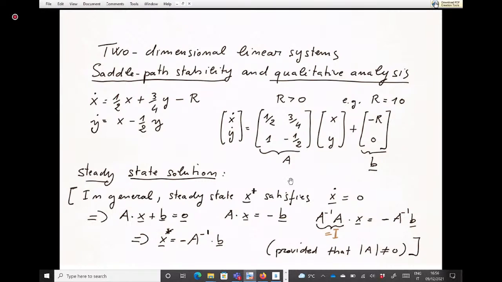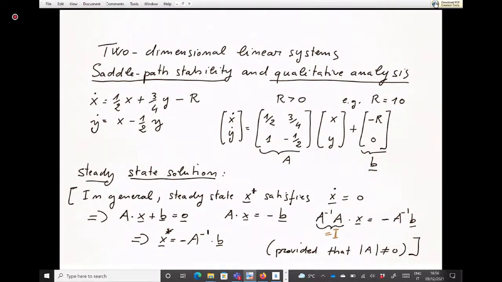We know, first of all, let me find the steady state solution, and next, let me find basically the general solution, which means finding the solution to the associated homogeneous system and then taking the sum of the two. The steady state solution generally satisfies x dot equal to 0. You don't need to know the structure of the steady state solution, the general form for the